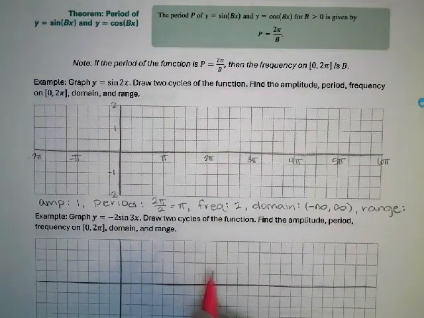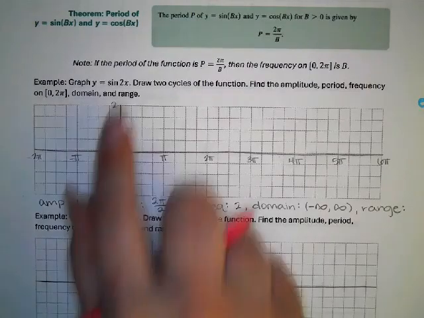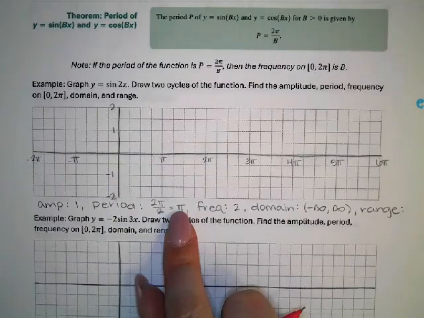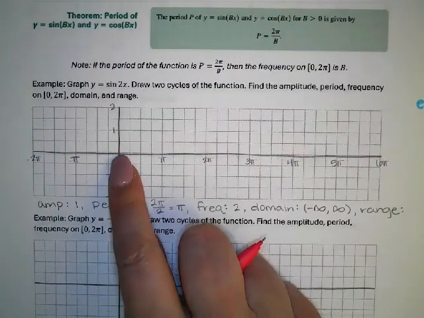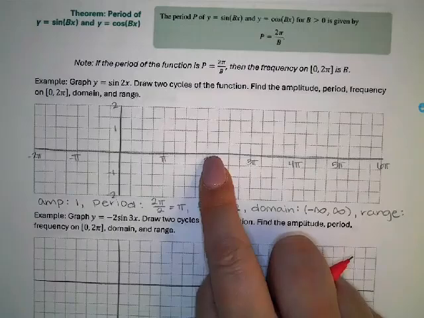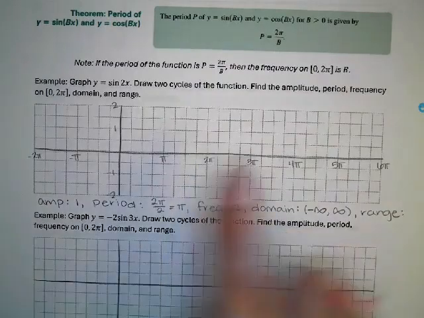Okay, so here's how we're going to draw this graph. We know that the period has changed to pi, so if we were drawing a regular sine curve, we would start the graph at 0 and end the graph at 0 at 2 pi. And then we would have 0 in the middle. So this graph, since it has a period of pi